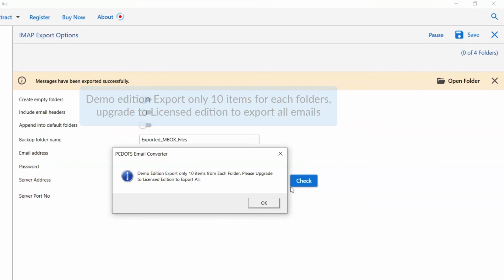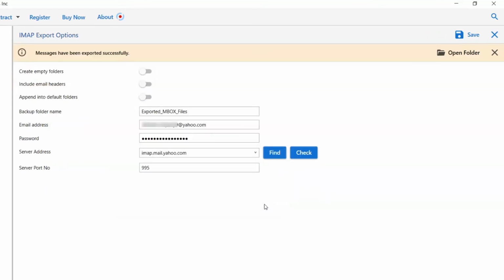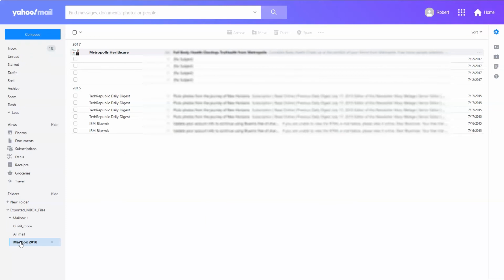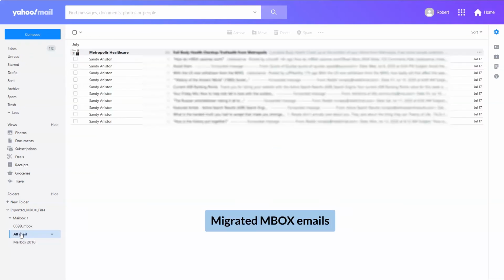Click on the OK button. Finally, go to your IMAP account. As you can see, there is a folder named exported. Click on it and go to the mailbox. Now, you get to see all the emails,